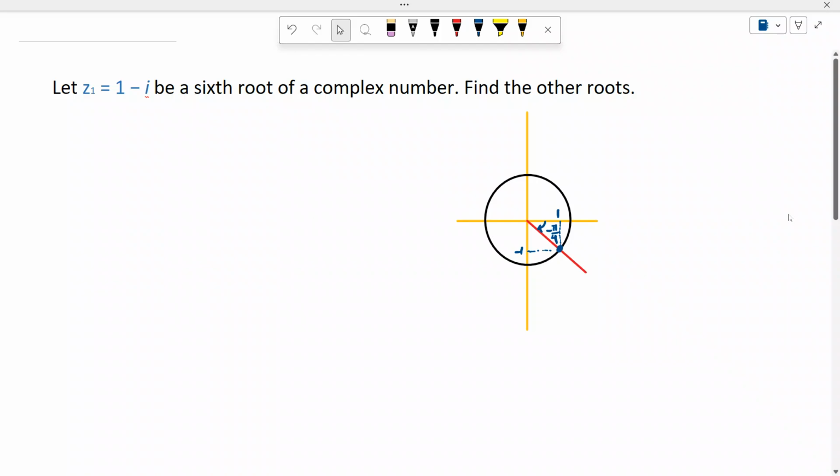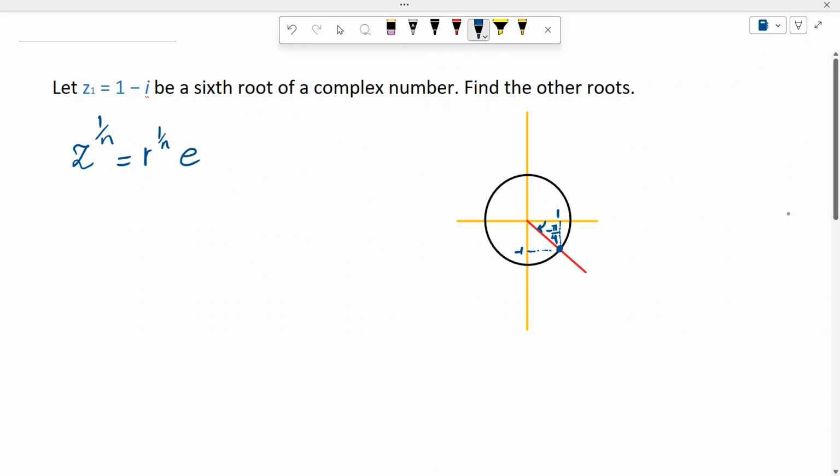One of the 6 roots of a complex number is given. We want to find the other roots. For a given complex number like z, if we are finding the nth root, we know that z to the 1 over n has exactly n distinct complex numbers. And they are r to the 1 over n,